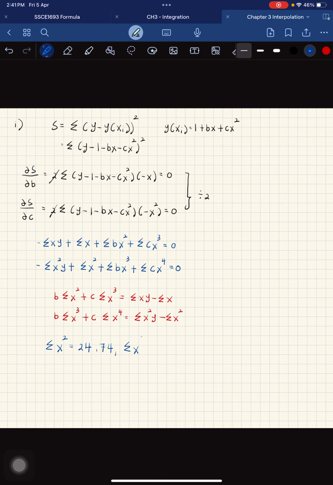Summation x cubed, option, summation x cubed is number 6 equal 61.992, and then summation xy, option, summation xy is number 5 equal